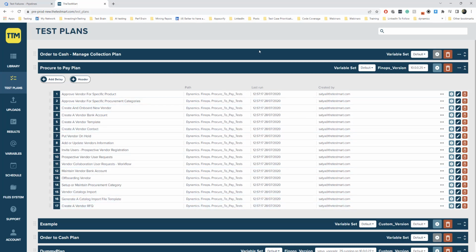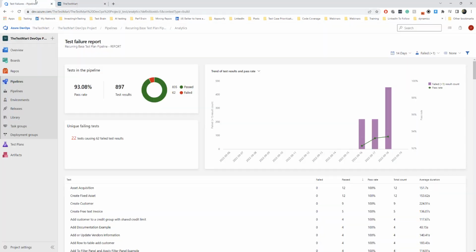Now, if we wanted to run this plan as part of DevOps, it's pretty simple. We would come into this and we would go get API. That is going to essentially copy some Python code, which then can be inserted within your DevOps. If I was to jump in here,